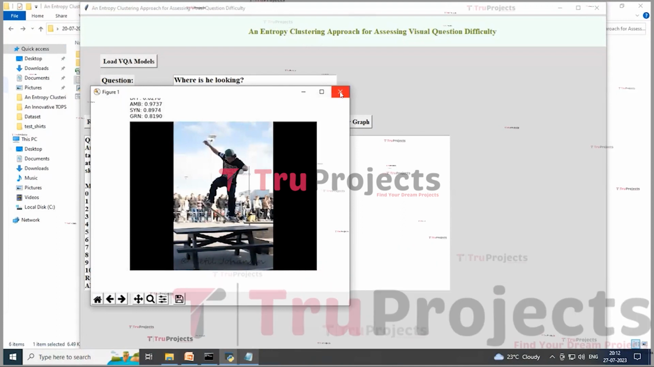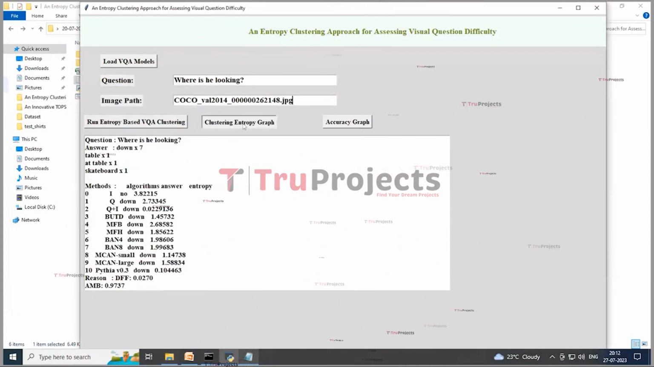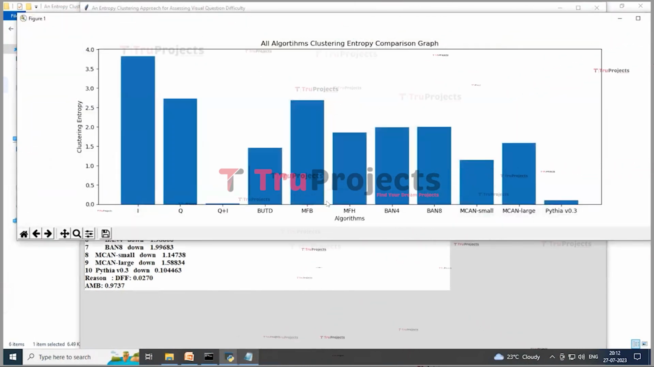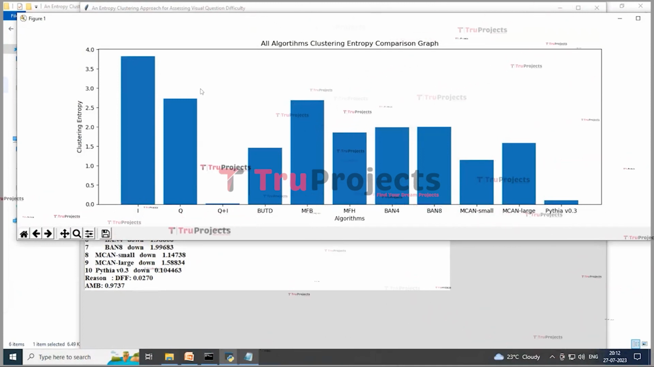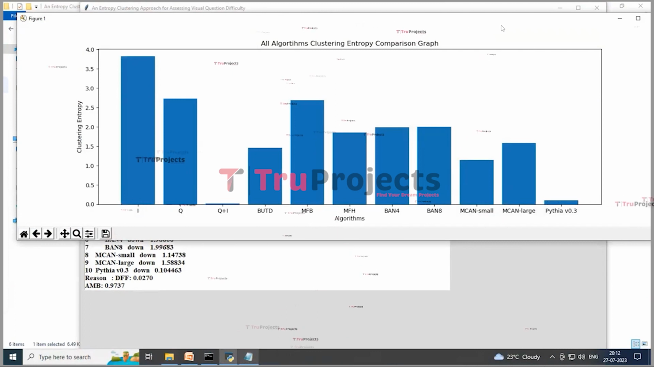Now closing this graph, click on the clustering entropy graph button to get the entropy graph. So here in this graph, the x-axis represents algorithm name and the y-axis represents entropy values. And in all algorithms, BTECH got less entropy. Now closing this graph,